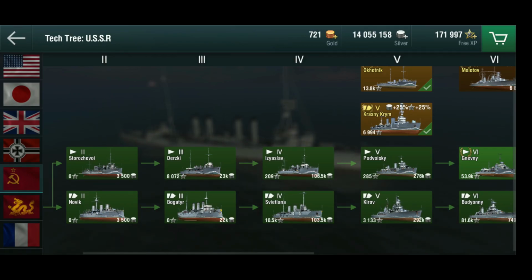So what makes the Soviet destroyers different from the American and the Japanese destroyers? The Japanese destroyers, as we've seen, are torpedo boats. They're stealth boats. They have low detection range. They have terrible turret traverses. They don't have much in terms of ship skills, and they have very, very hard hitting and very long range torpedoes. The American destroyers are a bit more